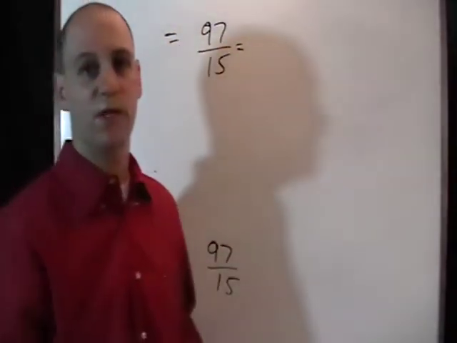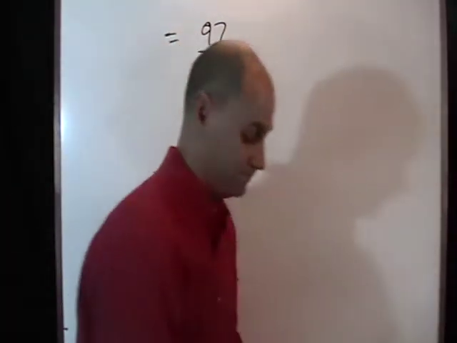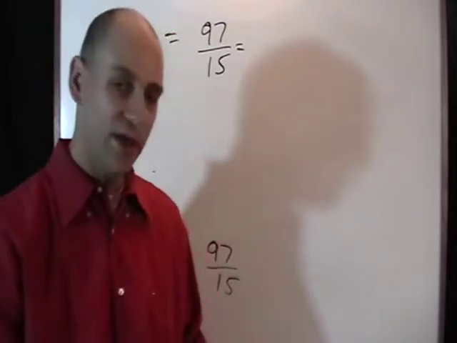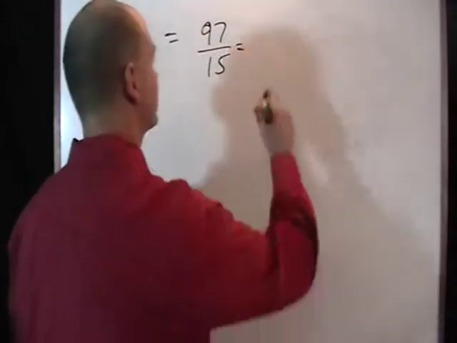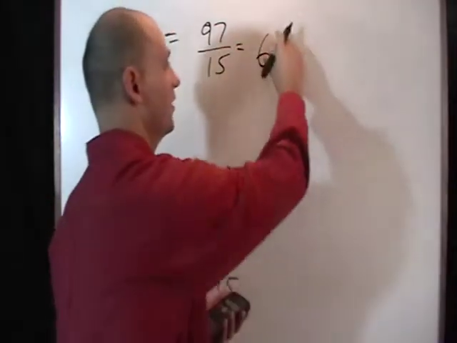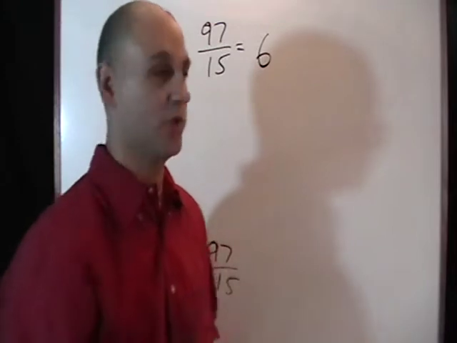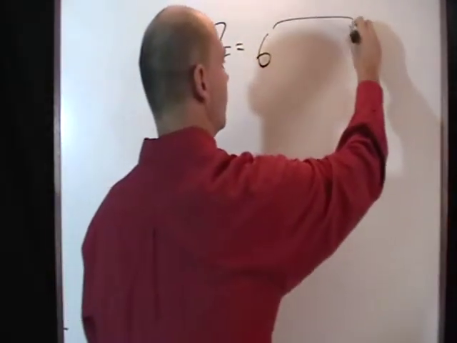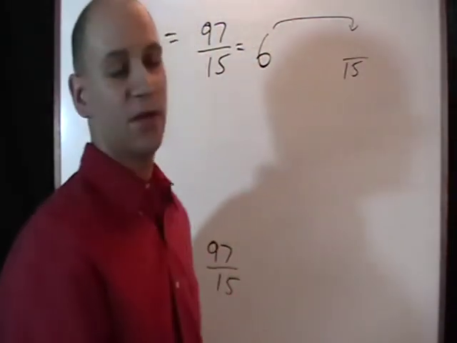Got our 97 over 15. The simplest way to do that is to just take out your calculator, type in 97 divided by 15, and what I get here is 6.4666 repeating. So I know the answer is going to be 6 and something, and we're going to put the something in the form of a fraction here, and it's going to be equal to the 0.4666 repeating. So how do I find out what the missing fraction is? Well, there's many ways you could do that, but the way I like to do it is to first of